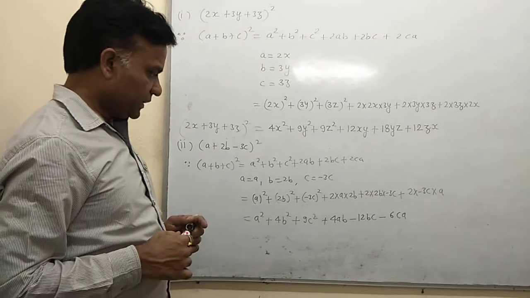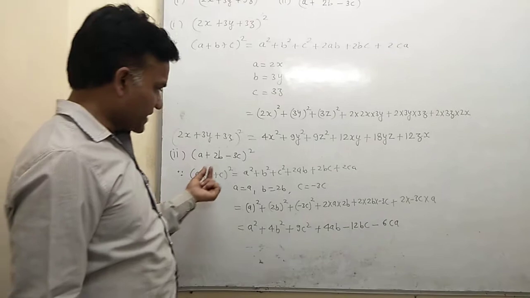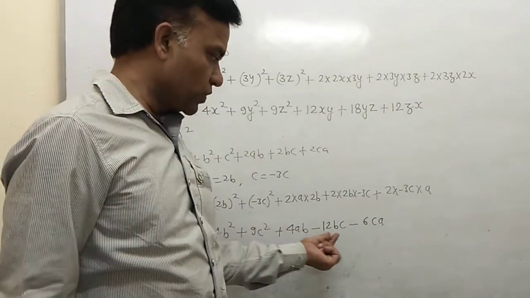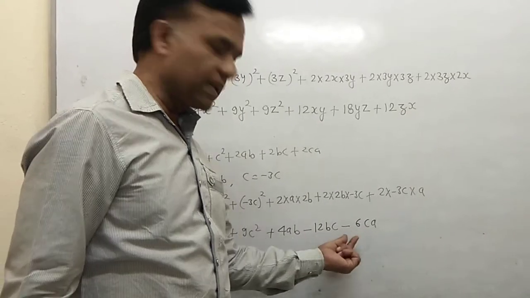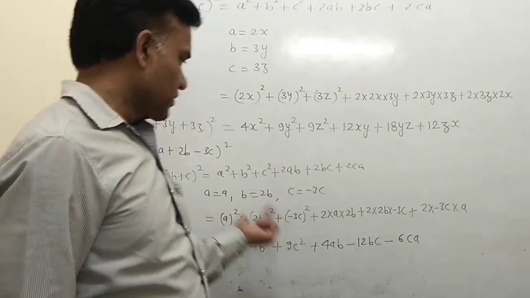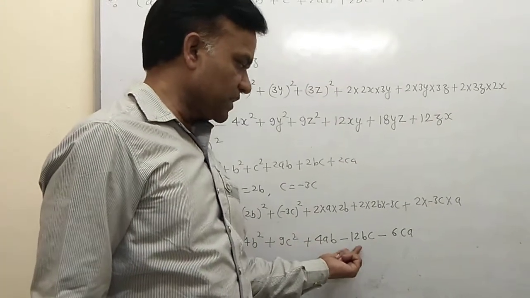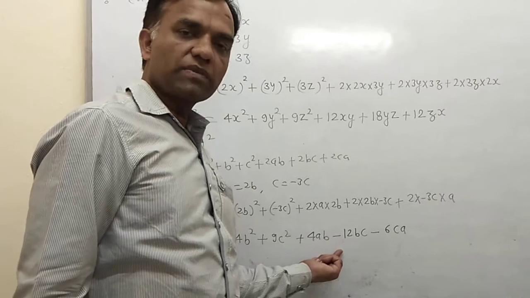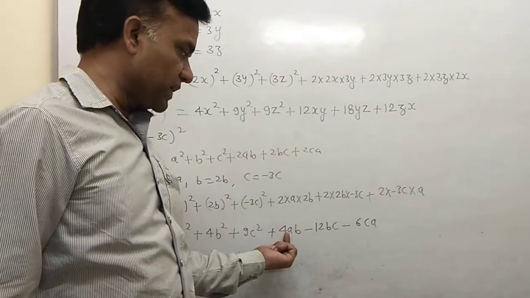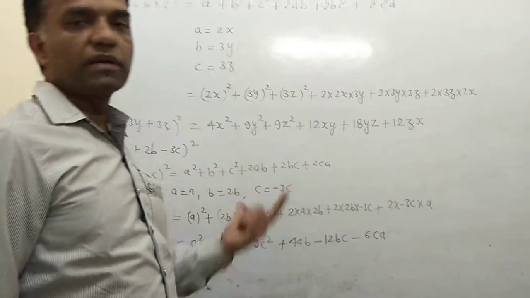Okay, so once again, I think you should revise the concept. If the last term is negative, it means c is negative. So c has two terms, the second-last and the last, so these two terms are negative, and all the others are positive. So here b is negative, and b has this place and this place, so these two terms are negative. Suppose a is negative, so a has only the first and the last place, so the first and last terms are negative, but the rest of the terms are positive.